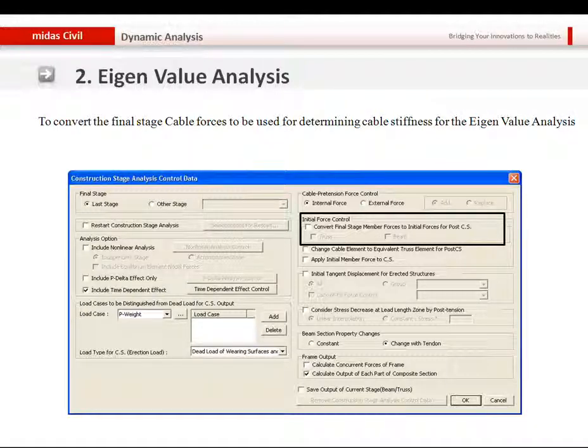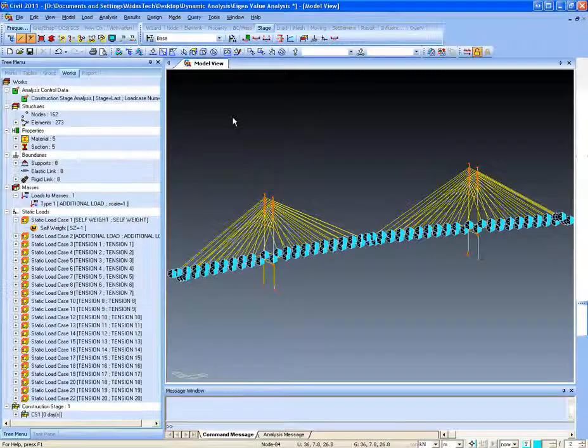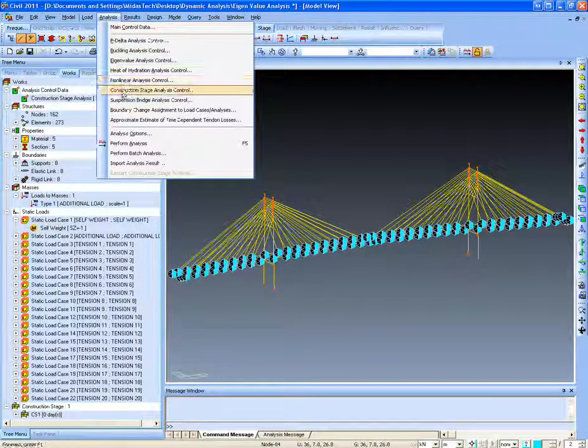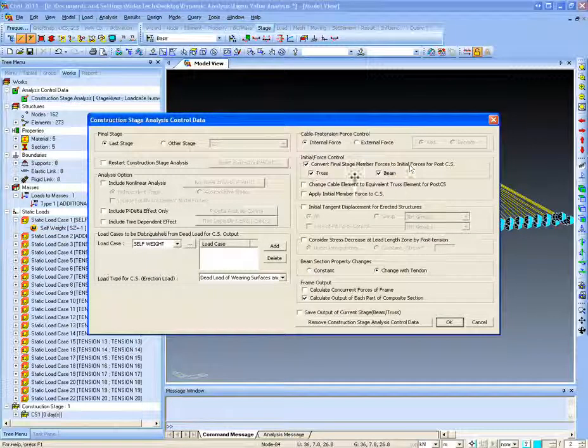So if I go to the construction stage analysis control data, I can see an option named initial force control, and if I check this option, then MIDAS Civil will determine the stiffness of the cable as per the pretension in the cable in the previous stage. So let's see how we can implement that in the program. If I go to analysis, construction stage analysis control, I have checked the option that I want to convert the final stage member forces to the initial forces for post CS,